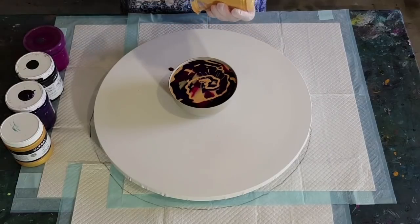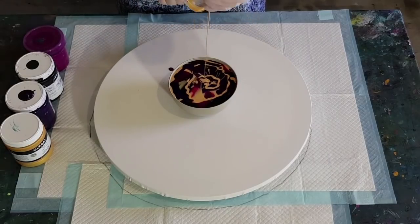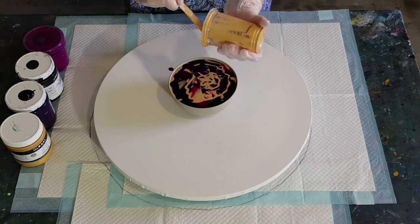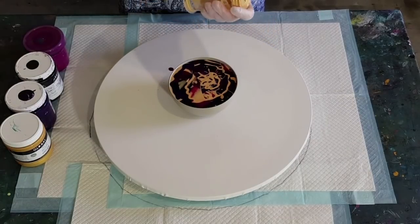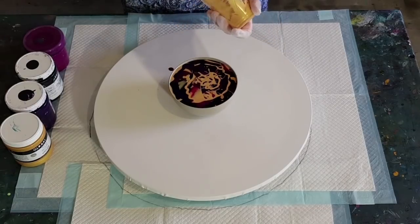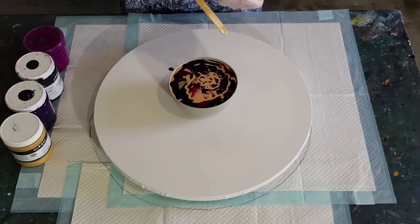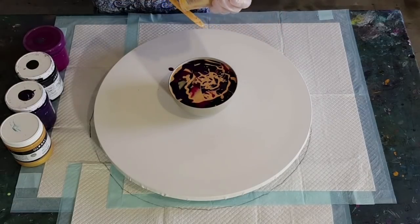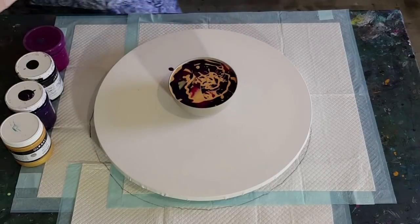Oh, this is going to be fun flipping, but I'm actually going to turn the whole canvas over. I'm not going to even attempt to flip this bowl. So it's not a flip cup, it's a flip bowl. Oh, I'm so nervous. I've done so many flip cups, but hey,